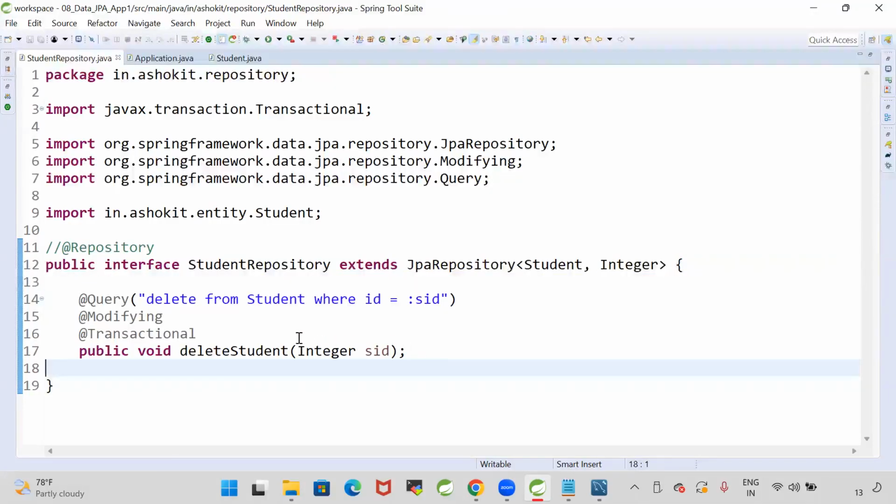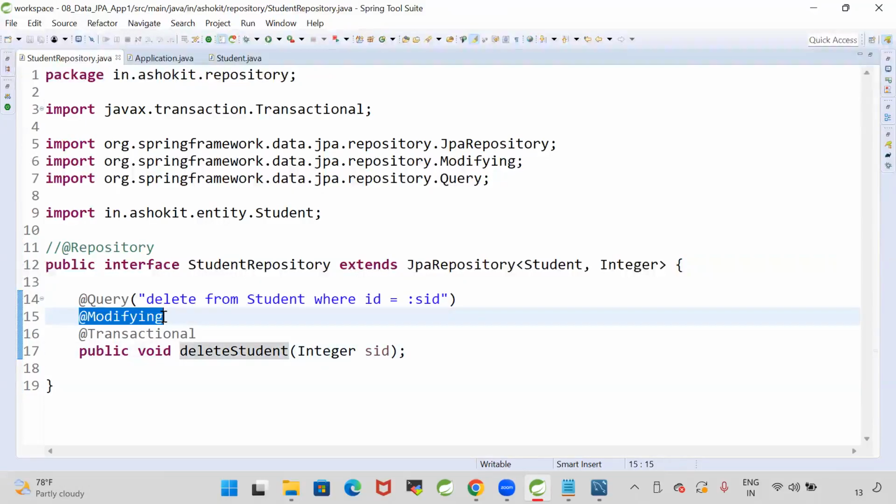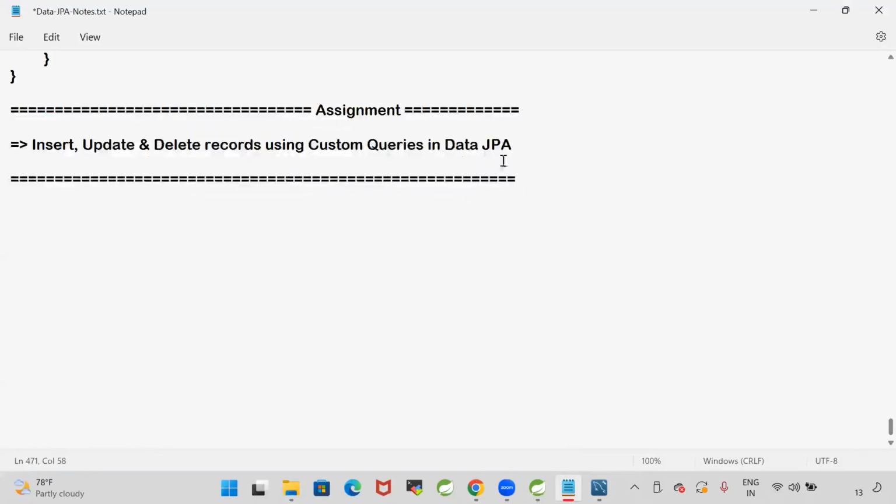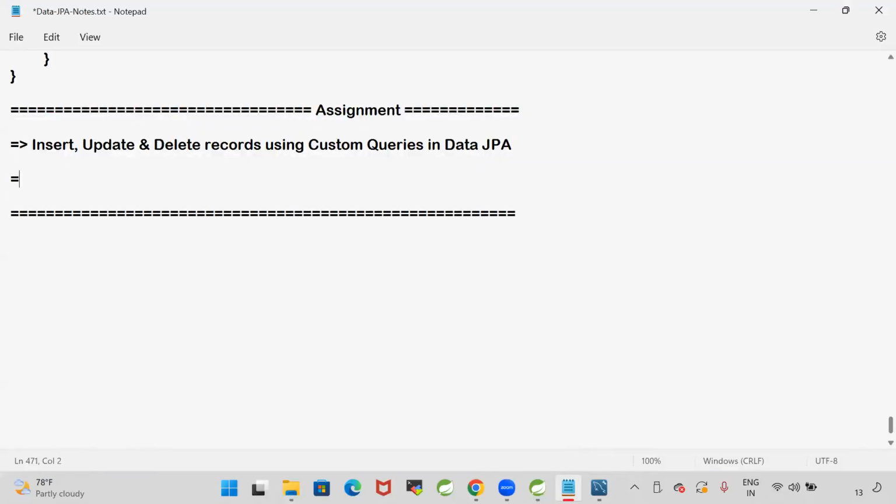But if you want to perform a non-select operation with a custom query, you need to tell that this method is for modifying, a data manipulation, DML operation we are doing. To do this DML operation, transaction is required. We are giving that information to JPA to perform this operation. If we want to perform a non-select operation